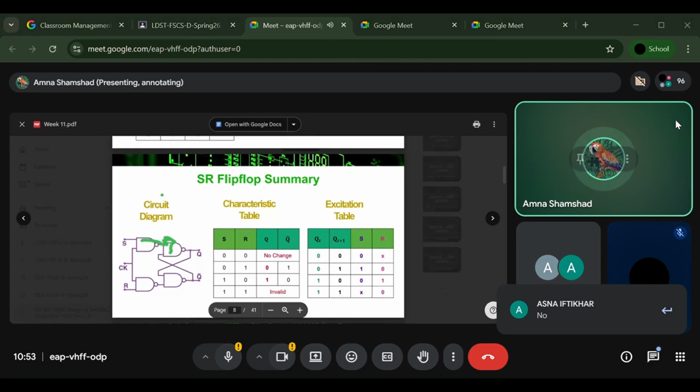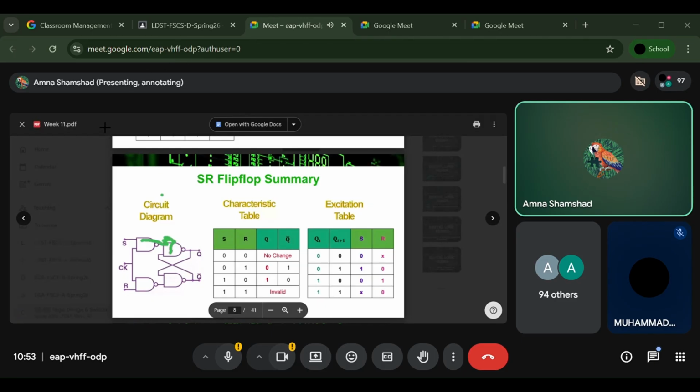So the last type, that is the SR flip-flop, is again for the set and reset. The difference between JK and SR is in the last combination. Those who have not done the SR flip-flop in their copies, please complete it after the class. Again, the same thing. The first was the graphical symbol. You can draw the graphical symbol. In place of JK, you can write SR. Okay? Rest of the graphical symbol is the same.